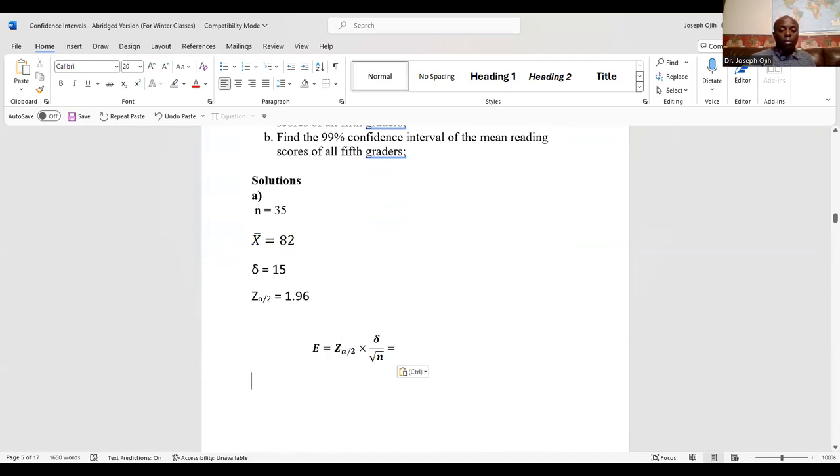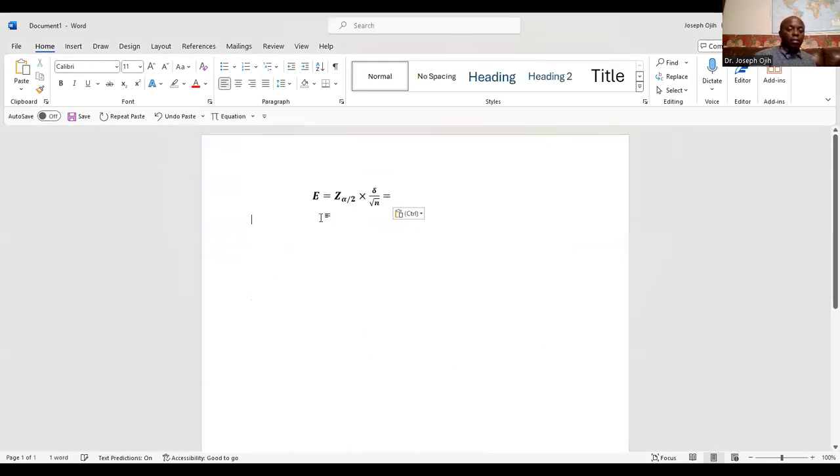Taking you to the other workbook, where we can easily use the formula. Equals critical value. Our critical value is 1.96 times